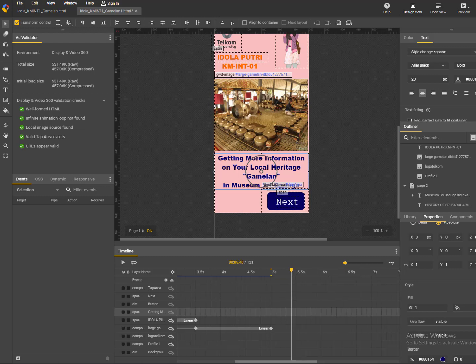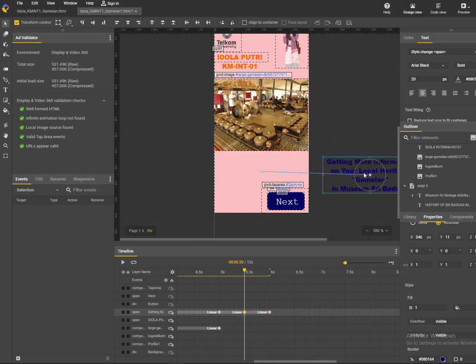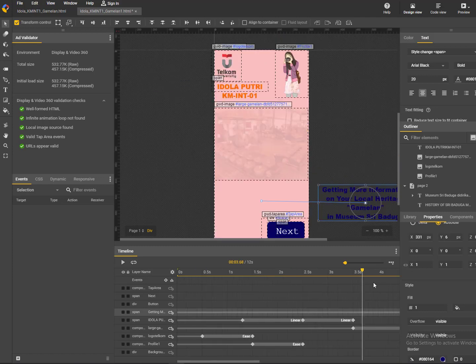So okay, let's move to the next animation, the title. So put also insert keyframe. I want the title to also move, so you click this and you drag it. You can move it from your left or your right. Okay, move right.